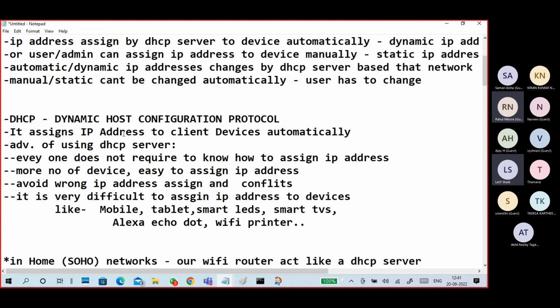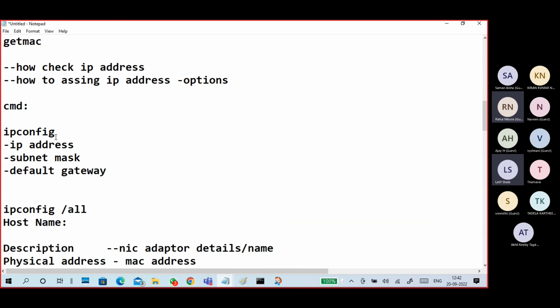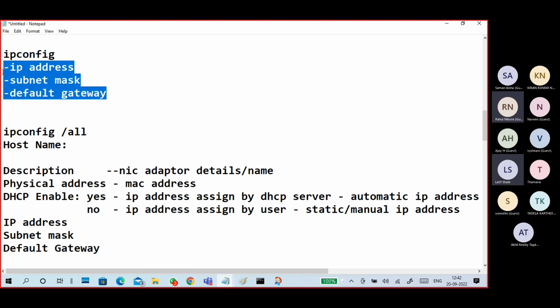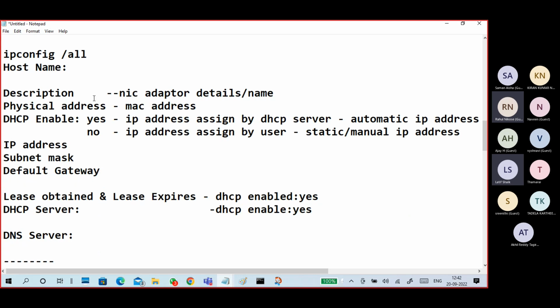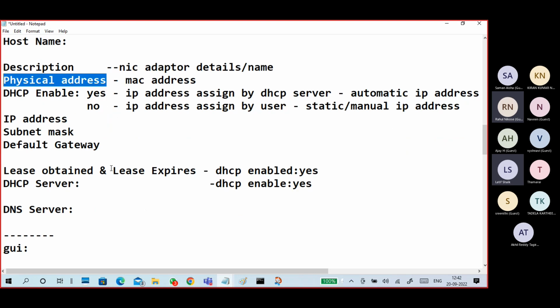You will get an IP address from either a DHCP server or you will assign it manually. To check the IP address, you can use the command prompt, using ipconfig or ipconfig /all. In ipconfig /all, not only the IP address, subnet mask and default gateway, you will also get the host name and adapter description, your MAC address, which means the physical address, DHCP enabled yes or no, your DNS server address,